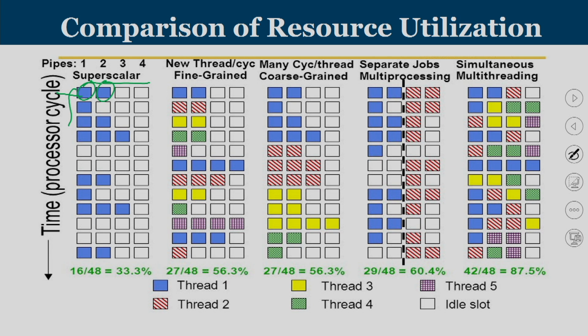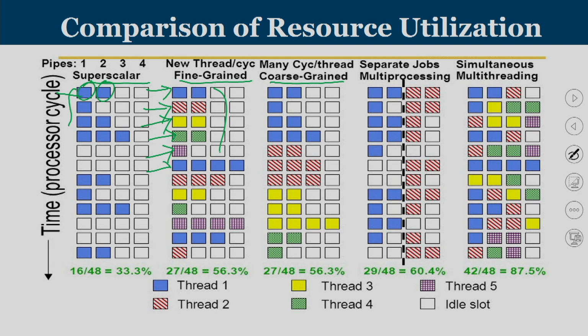When it comes to multi-threading, I can have 2 types of multi-threading. One is called fine grained, other one is called coarse grained. See, in fine grained, this is one cycle. I am now working with the blue program. Next cycle, I am working with the red program. Next cycle, I am switching back to the yellow program, then green program, violet program. Again, I come back to the blue program. So, every cycle I context switch between different programs, so that all programs will get a feel of they are getting executed.